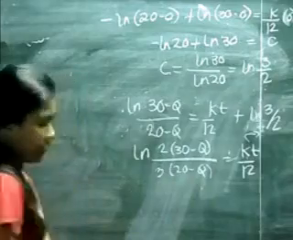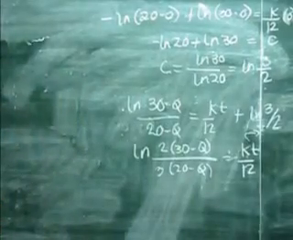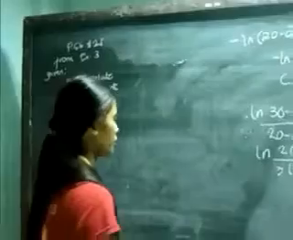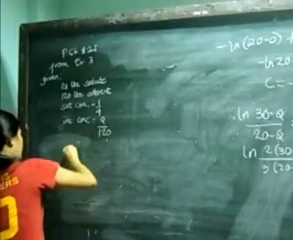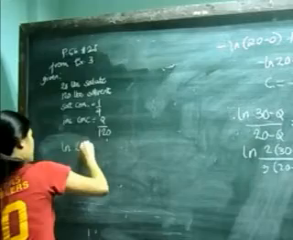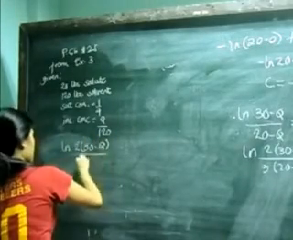We will solve for k if our t is equal to 12 and our Q is equal to 4. So, ln of 2 times 30 minus Q over 3